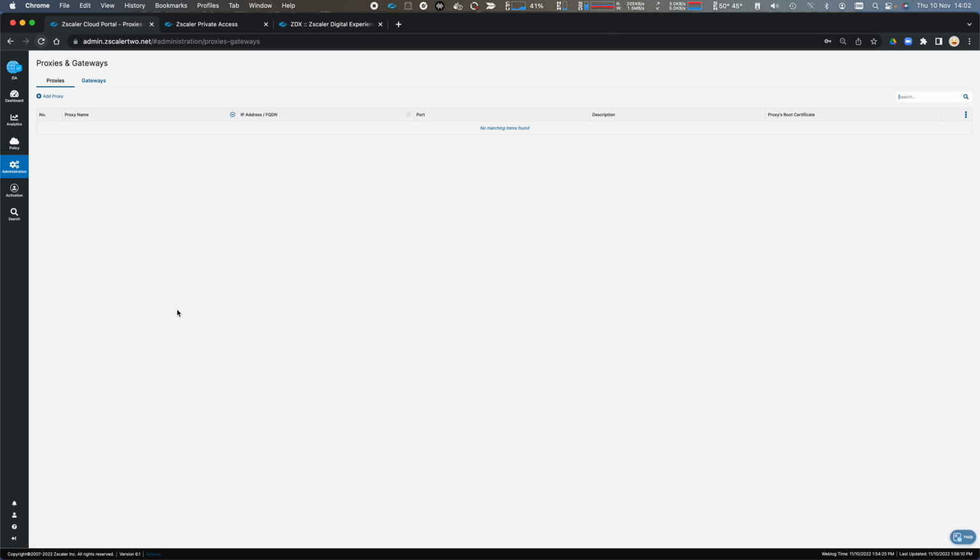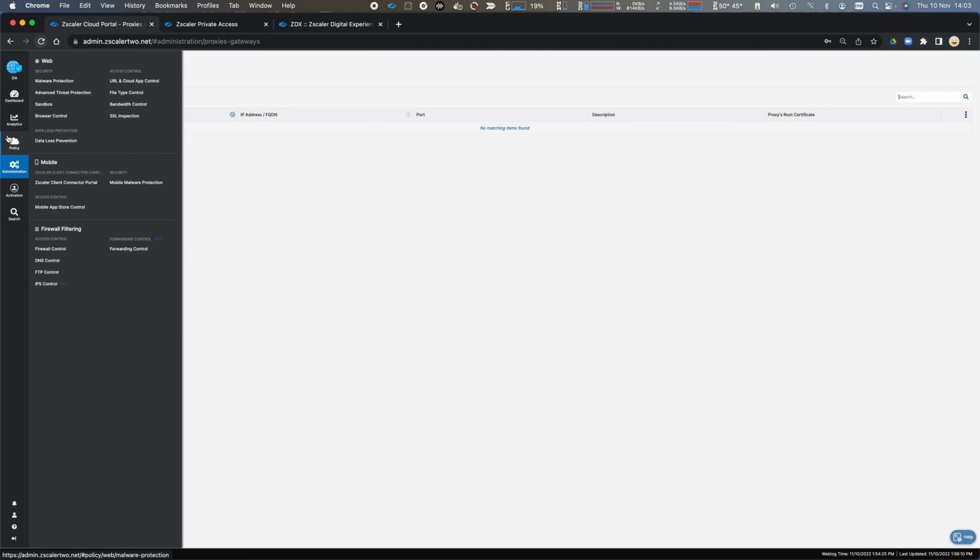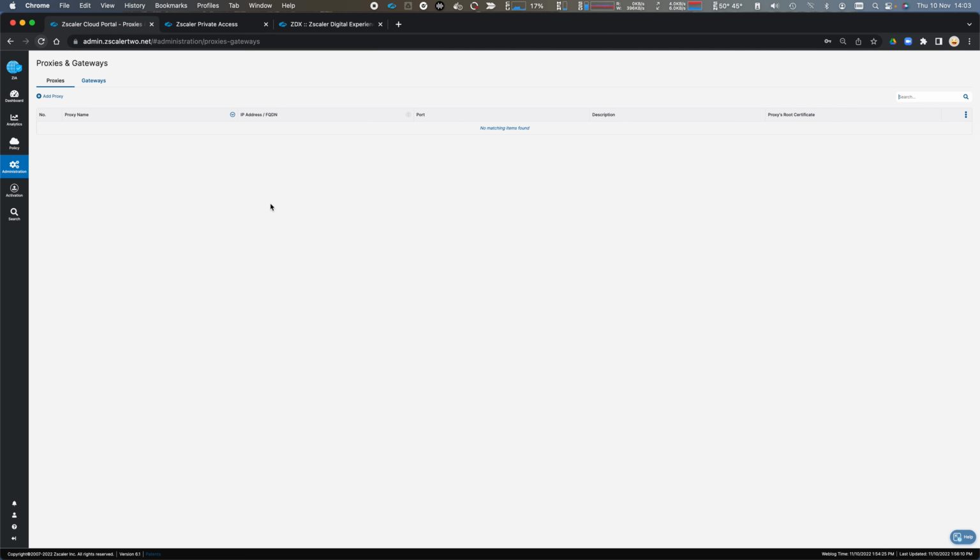Zscaler does our inspection capability and then maybe forwards to an upstream proxy that might do additional functionality such as logging payload, which of course Zscaler doesn't do. And once it's passed through that upstream proxy, then it egresses to the destination website. So you define that upstream proxy here, and then we will use the policy construct to make a decision how